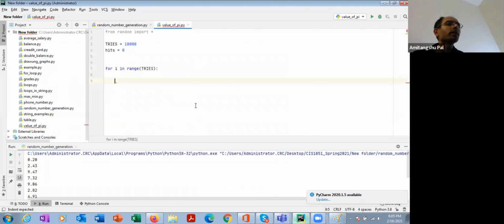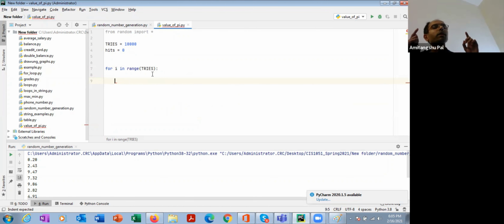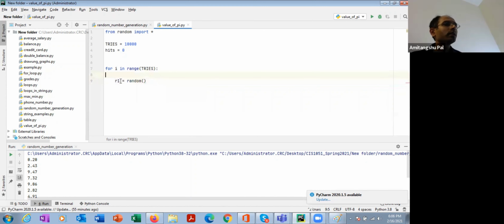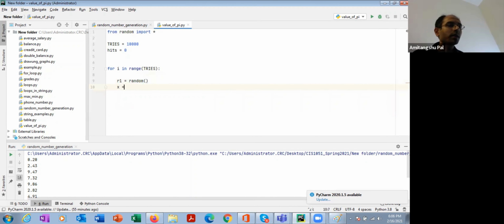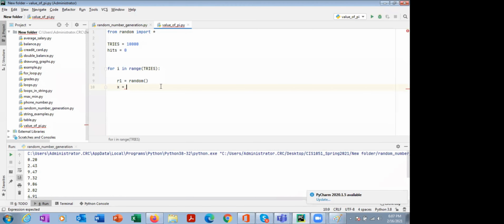Okay, so you have learned how to generate random numbers in between 0 to 1. Can you tell me how to generate a random number in between -1 to 1? Basically, we need to scale it, right? Suppose R1 is the random number in between 0 to 1. How can I write x in terms of R1? I need to scale R1, currently in between 0 to 1, to in between -1 to 1. How can I do so? You could multiply it by 2 and then subtract 1.